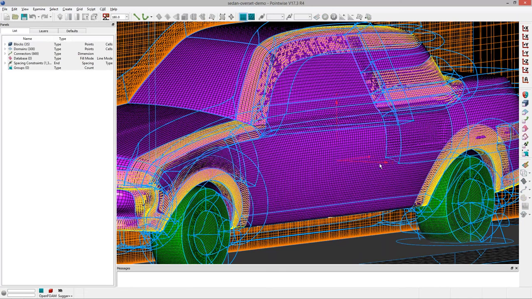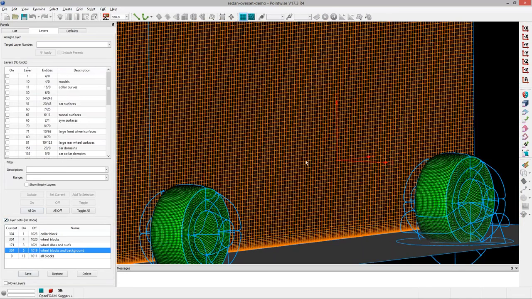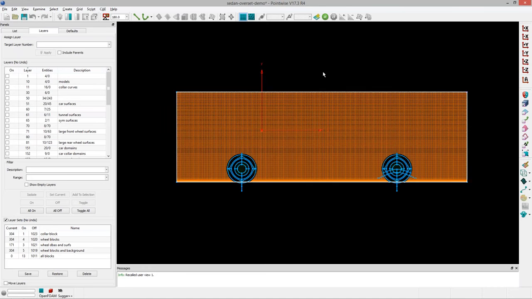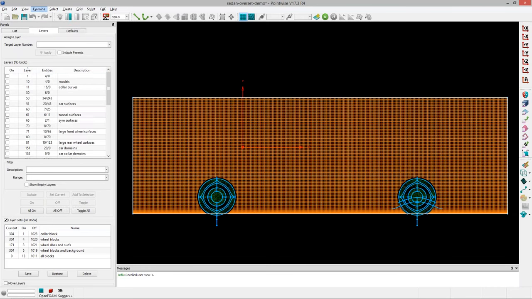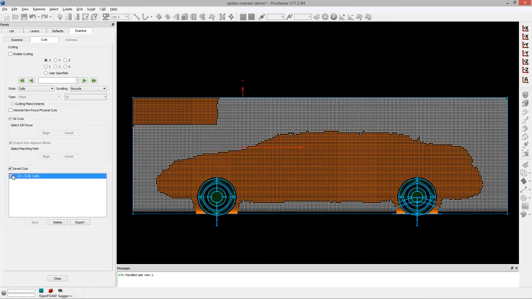So once you've got all of your overlapping surface meshes and your overlapping volume meshes, the next step would be to set up and execute your assembler and then visualize the results, which is also something you can do within Pointwise. So I'm going to isolate one of these blocks. This is the near field Cartesian block, and I'll go to the examine menu and take a cut through here, and you can see the result of that cut operation. We've already run the assembler on this problem, so you can see the results of that operation.